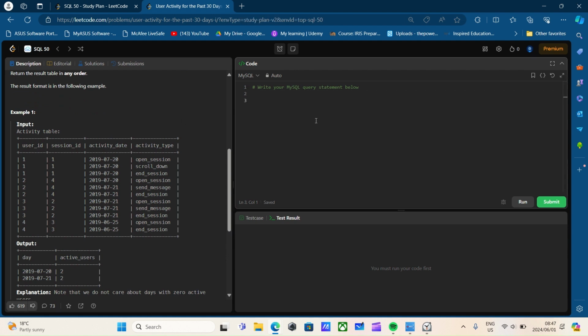Alright, so obviously I need my day, so select activity date as day, and then all I need to do is count distinct user ID as active users from, obviously only 1 table, so from activity where